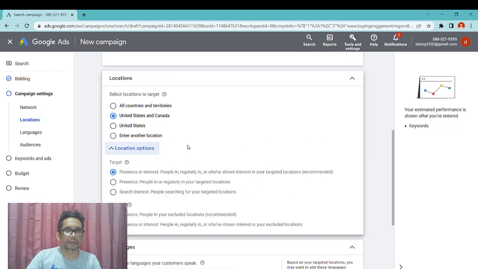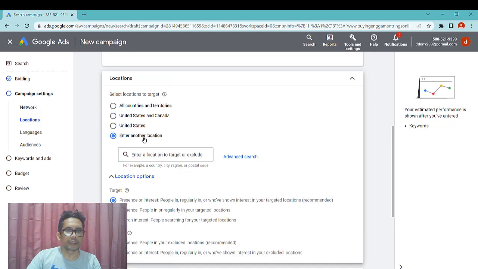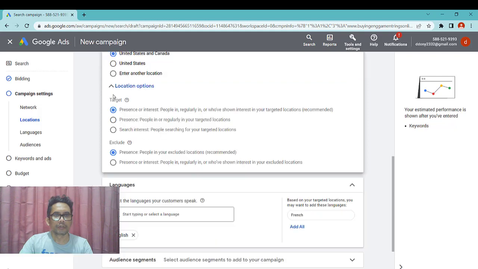Target, you can click here and enter another location.